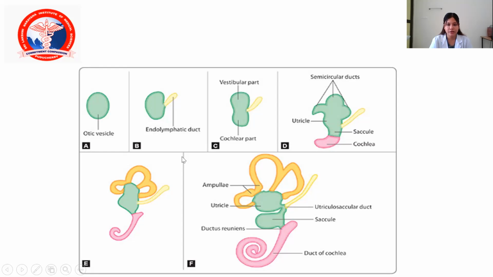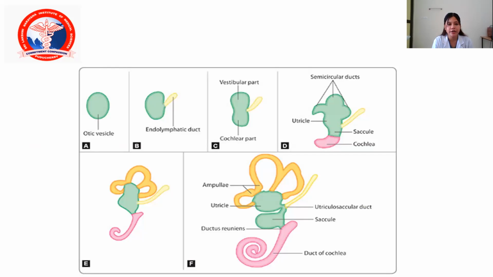In this slide, we have learned that the otic vesicle has been formed. From there, the endolymphatic duct diverticulum has appeared, and the otic vesicle develops into two portions: the ventral saccular part and the dorsal utricular part. The dorsal utricular part develops into the utricle and three semicircular ducts: the superior or anterior semicircular duct, the lateral semicircular duct, and